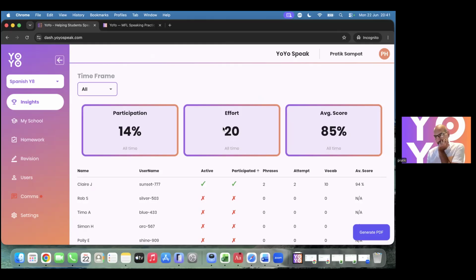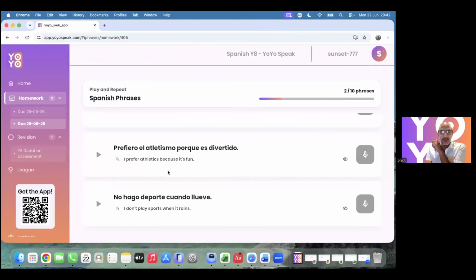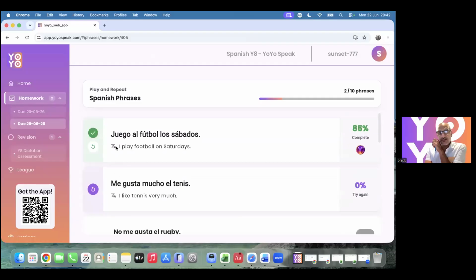Can you just clarify? Do you mean that the interface can be in a different language, or is that what that feature is? The translation, so how you can see the translation here. So for Claire, her default language is English, but if she was Italian, the translation will be in Italian. I understand. Wow, that's very, very useful.